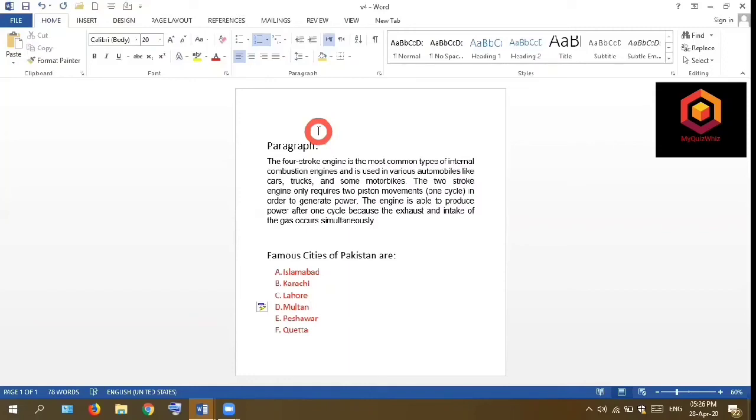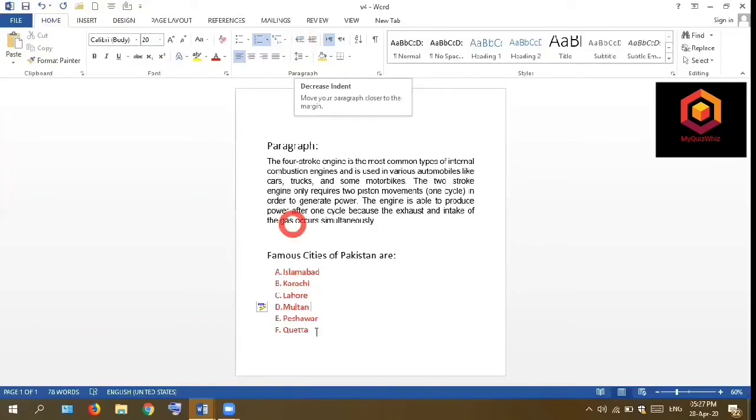Also, one more thing I would like to share is indents and borders. Indents means giving small spaces in a paragraph or text. Here there is left or right indent. These options are increase indent, which means we can move our text to the right, and decrease indent, with which we can move our text back to the margin.